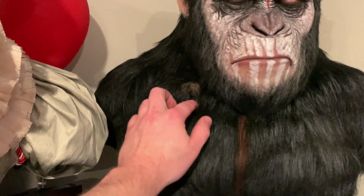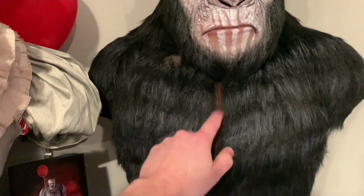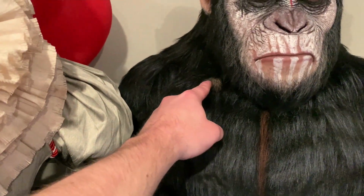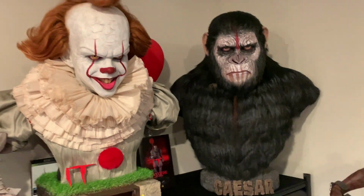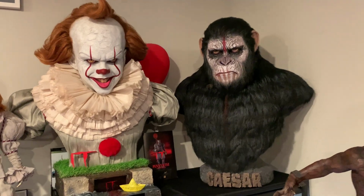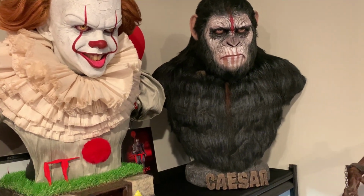Let me press against it. I mean, it feels hard. Although that little part is silicone. That is soft to the touch, but this is hard. And obviously the base is hard. That is silicone for sure because it has that soft touch. The face is silicone and the ears are silicone. So you can tell it's silicone because it has that soft touch. Feels like real skin. If it's hard, then it's either polystone, resin, or PVC. So I don't know what it is, but it is hard